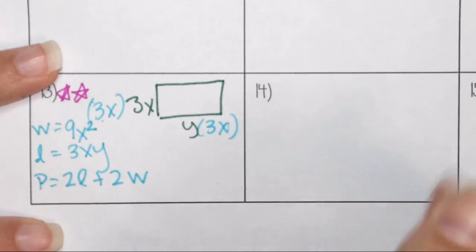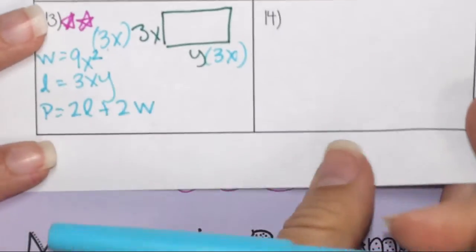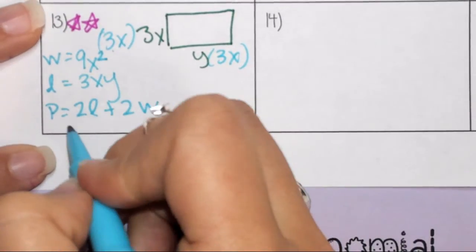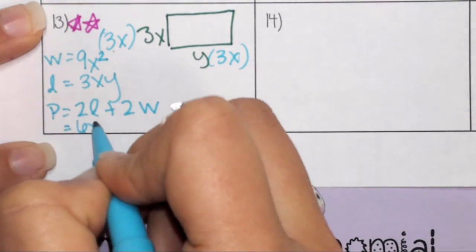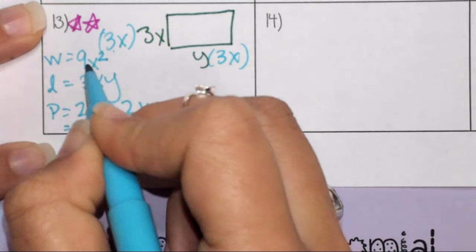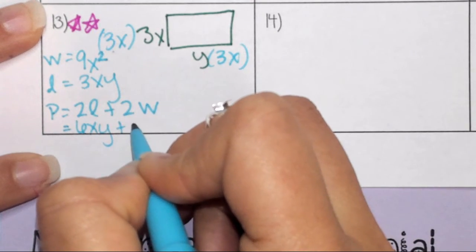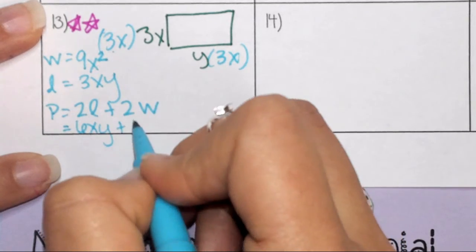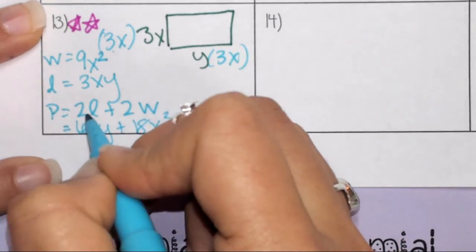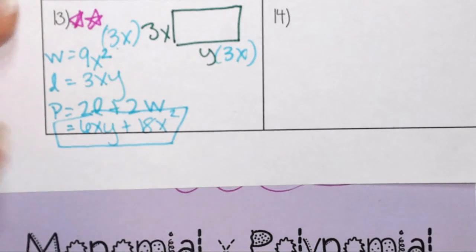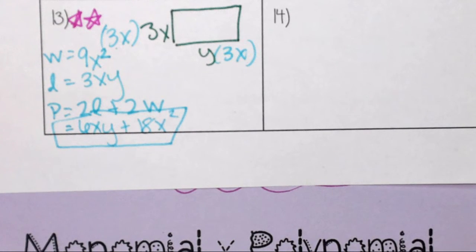So we're just going to multiply these times 2. What's 2 times 3xy? 6xy. And what's 2 times 9x squared? 2 times 9 is 18x squared. Do we have an x on that 2? No, that's it. Alright, so once you have 1, 2, 4, 5, 6, 9, 12, and 13 done, put it